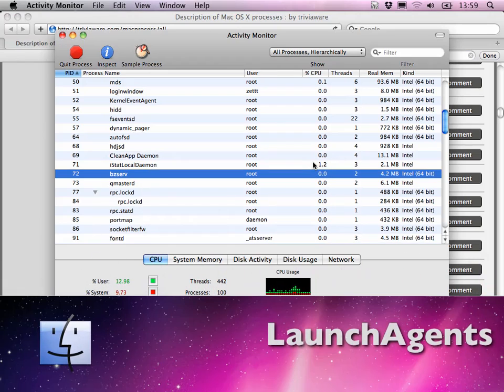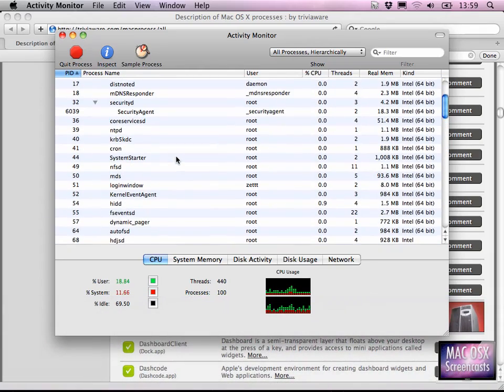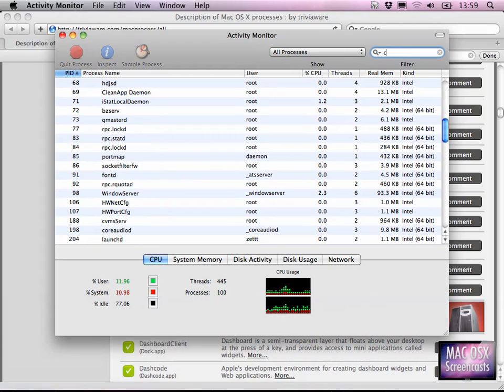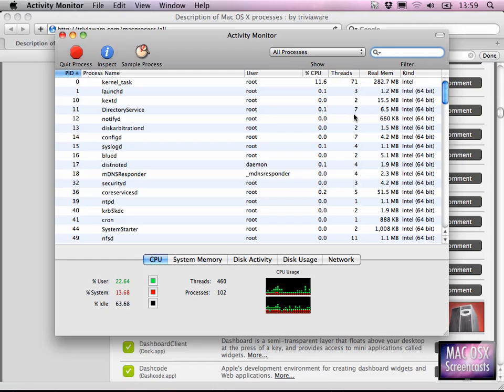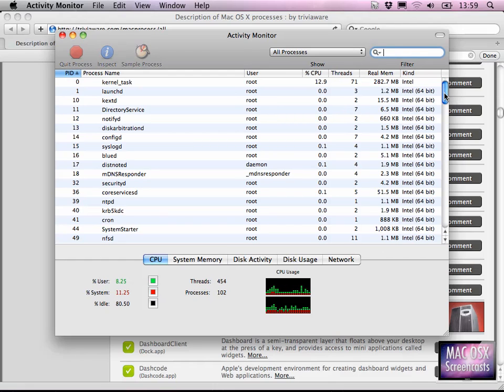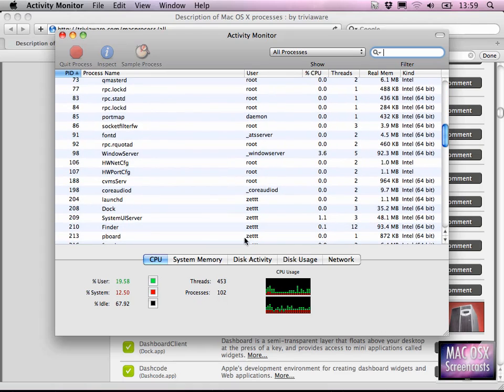Now, there are some processes which might respawn in this list even if you kill them. Let's say, for instance, the core audio daemon. If your audio hangs, you can kill this process, and then it respawns. But core audio daemon is not a launch agent like other processes are. Now, what a launch agent is, a launch agent is something which launch